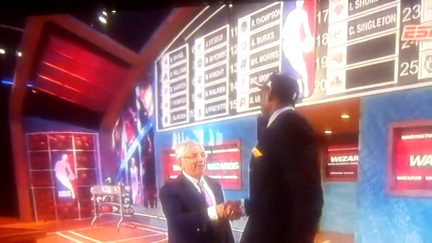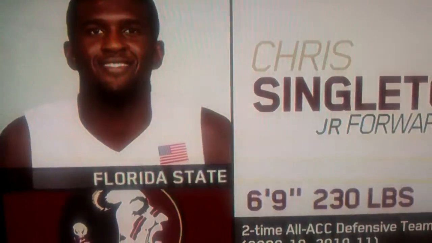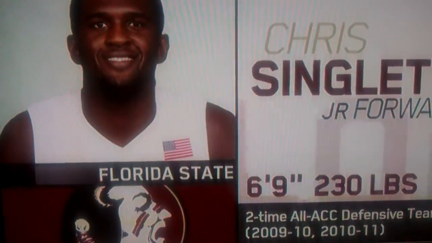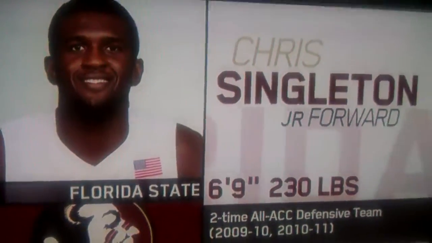Runs well. What he doesn't do particularly well is shoot the ball. He can make a perimeter shot, but it's not a strength of his. He's not a consistent shooter, and he needs to upgrade his ball handling. But as a defender,